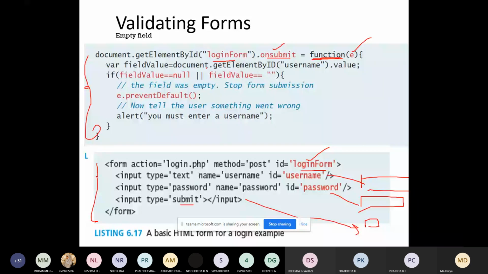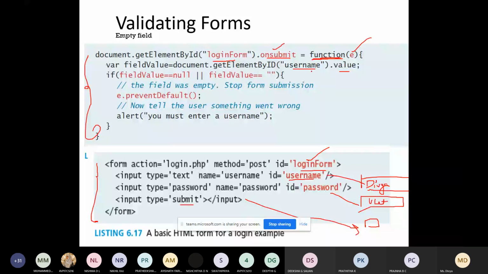Document dot get element by ID username dot value, which is the one having the username, that is the first box. The first control has the ID username. So assume that I have entered Divya here, username as Divya, and password as, it is not visible actually, but I just write VCT.